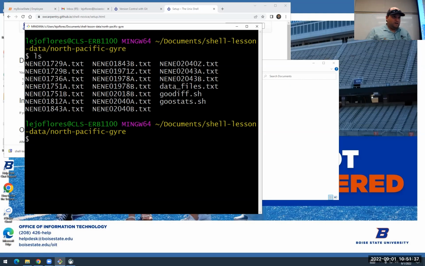One's called awk, A-W-K. The other is called sed. They both stand for something. I honestly don't remember what they stand for. But what awk allows me to do is decorate something with additional text. And what sed allows me to do is